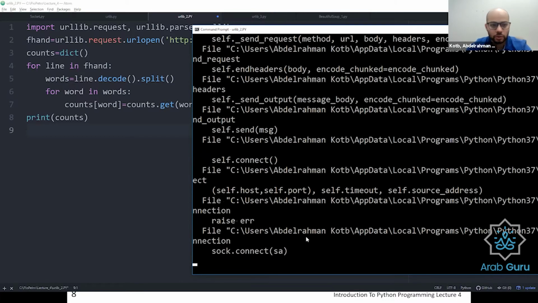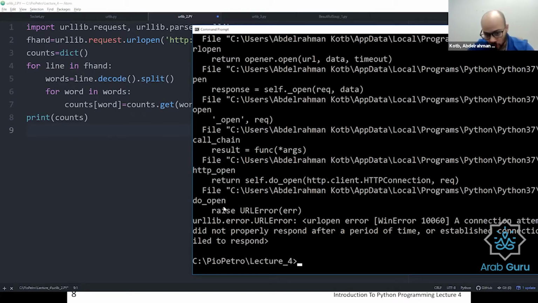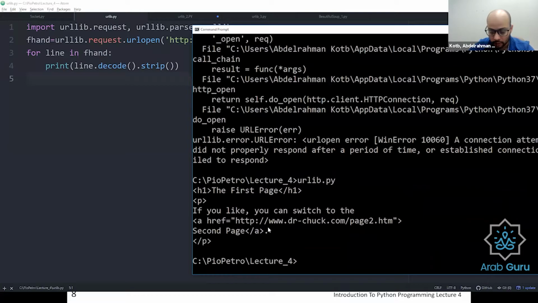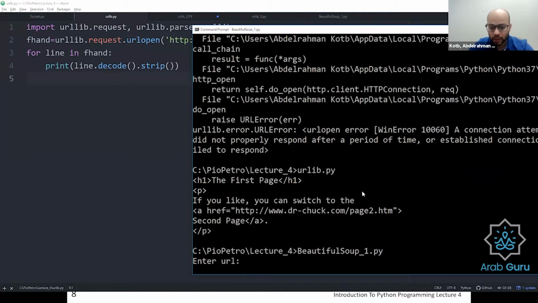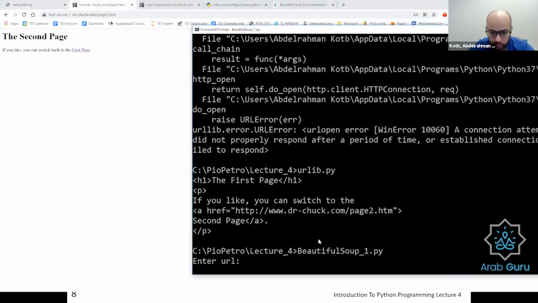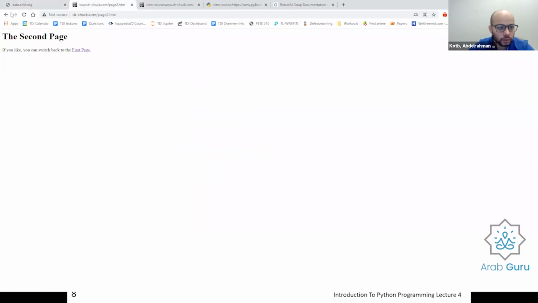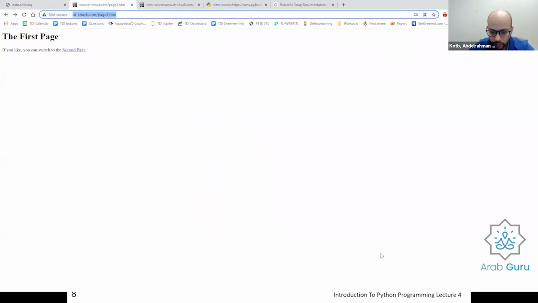It's unable to access, which is fine. But let's go back to the first one. So this is what reading an HTML looks like. However, when we type Beautiful Soup, then we write this website. It is just going to give us the anchor, which is this one. So I think this is different. Yeah. So let me try again.